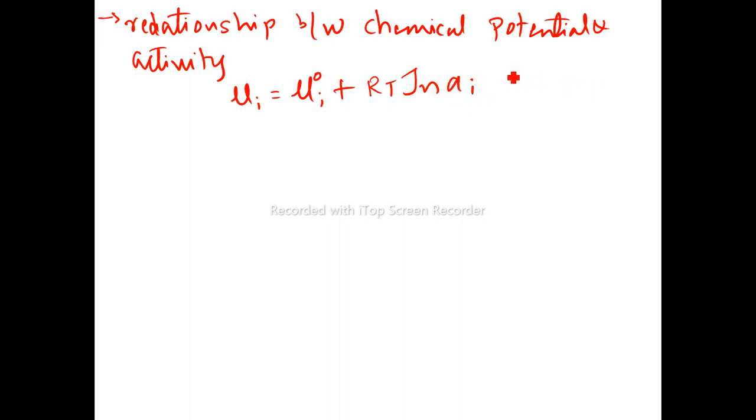We know that a_i equals gamma times x_i, right? By differentiating with respect to x on both sides,